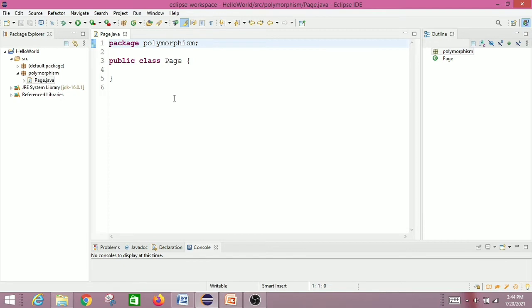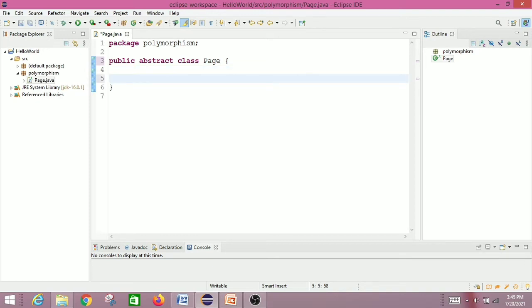From there we will move to the overriding concept. Now I'll make it abstract. It is very simple. In order to make a class abstract, we have to add the keyword abstract before class. We have already discussed all these concepts in the abstract section. So I guess you are all familiar with abstraction.